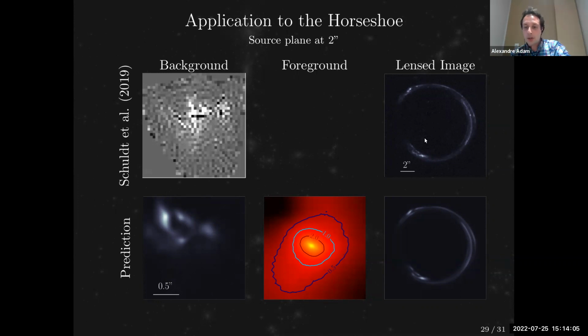But overall, the most interesting part is this little bright spot here. That's very interesting in itself, and we're finding that it's the hardest thing to model in this system. You won't find it here because it requires very precise modeling of the source, probably higher resolution than we can do right now. But we're hoping that we can scale this method to be able to do modeling at this kind of precision.